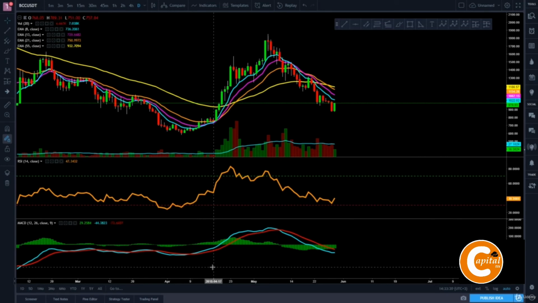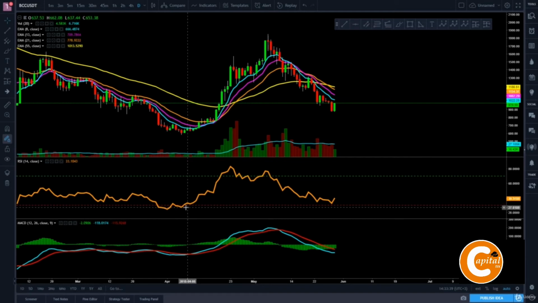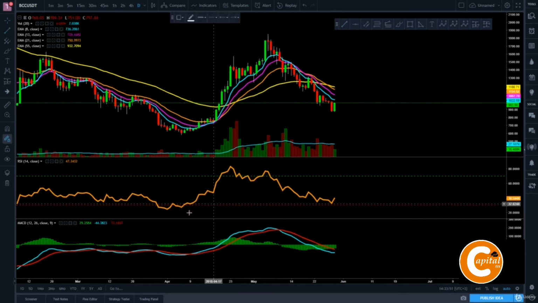So on the histogram we see here signs of bullish divergences, and on the RSI we see this low of 24, and the next one is a higher low of 27, and that forms a bullish divergence on the RSI as well. And that implies that the market starts to gain strength, and I will take my trend line tool from my favorite toolbar for you to see more clearly which areas I am talking about,